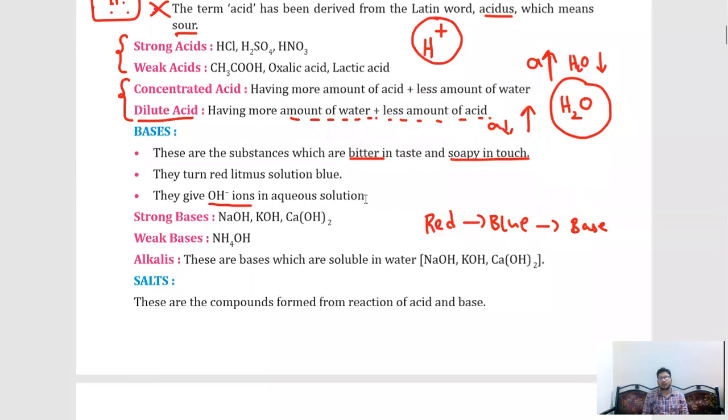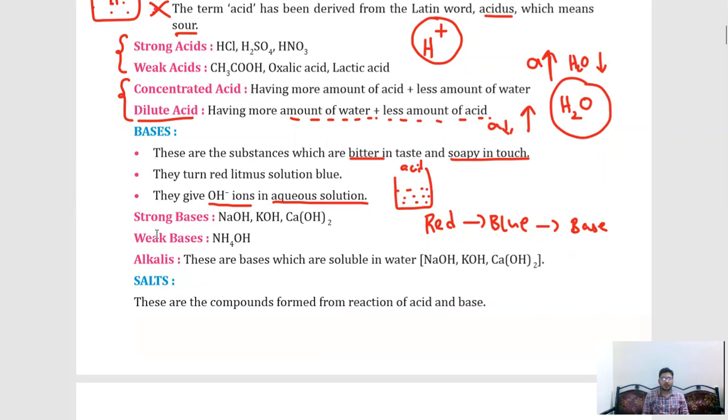What is meant by aqueous solution? If you take a beaker and add water, it is just normal water. Now if you add 1 drop of acid, this entire solution will become acidic. Simply to say, acid is dissolving in water, and this solution we have to call aqueous. Not only acid, if you add 1 pinch of salt, this solution will become aqueous. If you add 1 pellet of base, it will become aqueous. So aqueous means if you are adding any substance in water, the entire solution will become aqueous.